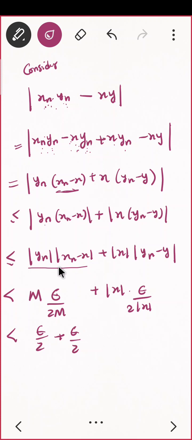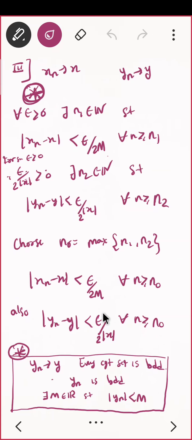Now you observe that you want to prove this is less than epsilon. That means this should be epsilon by 2, and this should also be epsilon by 2. I wrote epsilon by 2 here. Now since this is a number mod x, I want to make this part epsilon by 2. So what should I choose? This should be less than epsilon by 2 mod x, so that mod x cancels, and I will have epsilon by 2. So that's why for yn I am putting epsilon by 2 mod x.